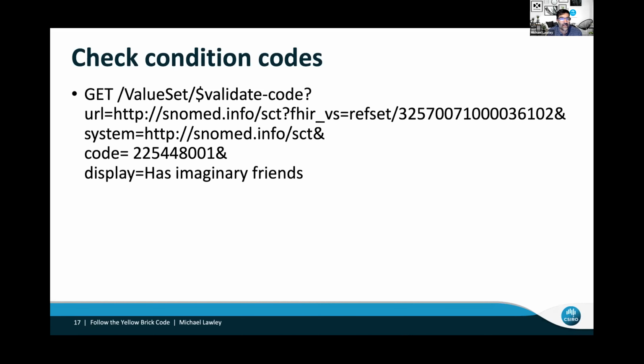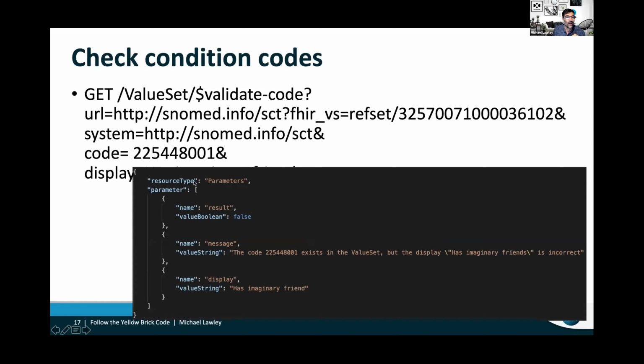And now we're validating another code. And this time the request is providing the display text as well. So it has imaginary friends associated with this code. But this time, what comes back is a result false. So what's really happening here is that there's actually two questions being asked. One question is, is this code a member of the value set? The other question is, is the display text here the right display text, or an appropriate display text, for this code? And what's happened is that